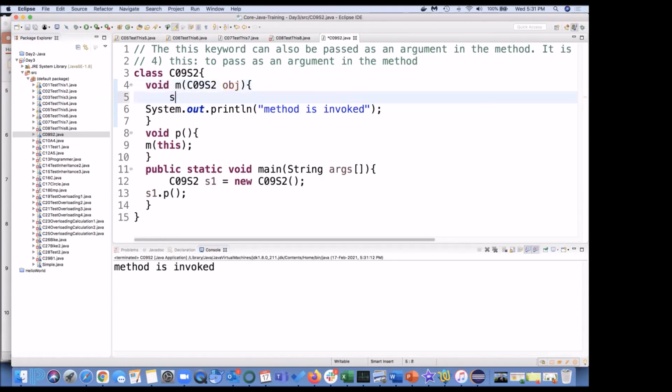Let's do one thing. Ctrl space is not working for me. I just want to see what I am going to get if I do this.